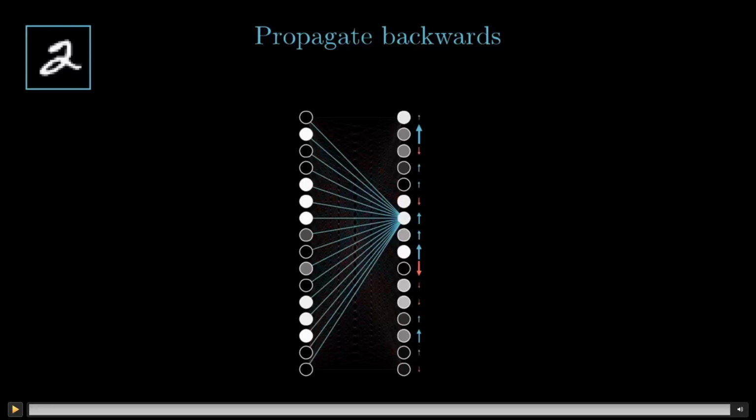Take that back another layer, where now you have another 10 connections, and you can adjust the activation and the weights. You're going to take that 200, multiply it by another 200, and end up with 4,000 potential changes that you can make. And that's just going back one more layer. Now you've got to keep going all the way back, and you can see how complicated this potentially can get.